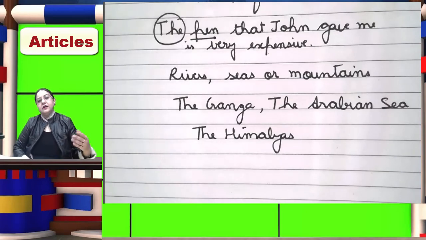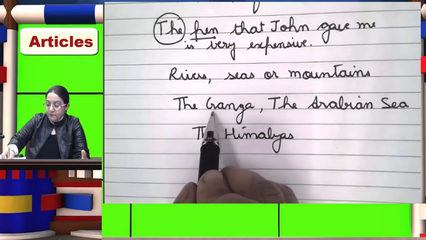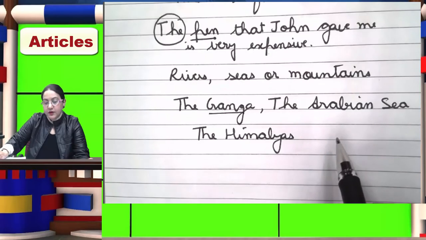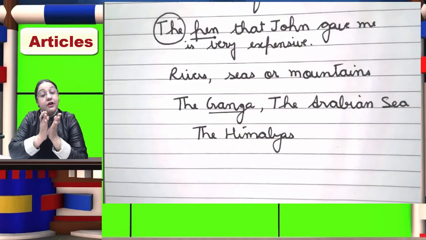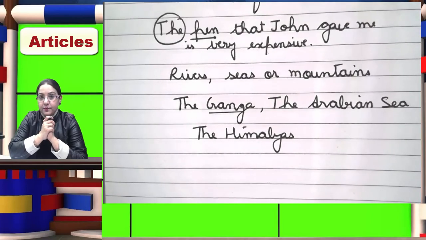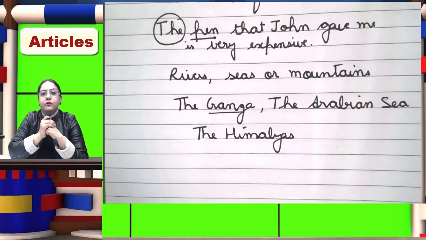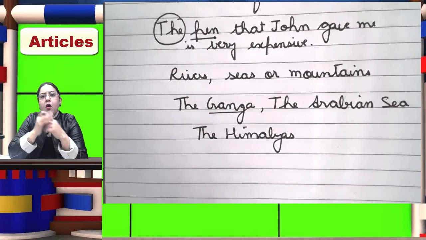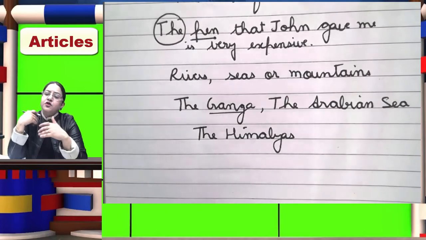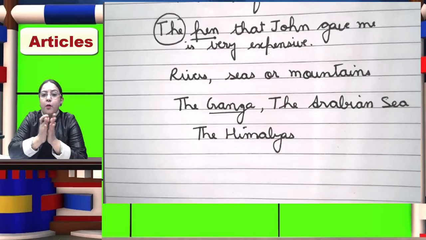Now why are we using the article the? This is just to give importance to the particular river or the particular sea or the mountain, whatever we are talking about. Now generally when we are talking about proper nouns, we are not using the with proper nouns. You must be knowing what are proper nouns. Nouns are generally of two types when we talk about nouns, proper noun and common noun. Although we have collective noun also, we have abstract noun also, but here we are talking about just two nouns, proper nouns and common nouns.